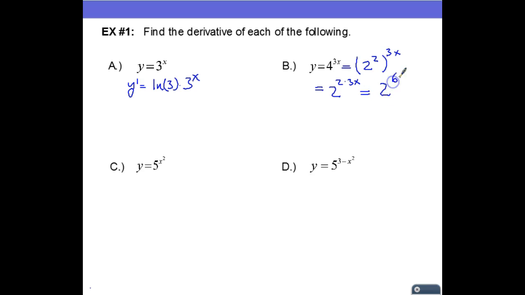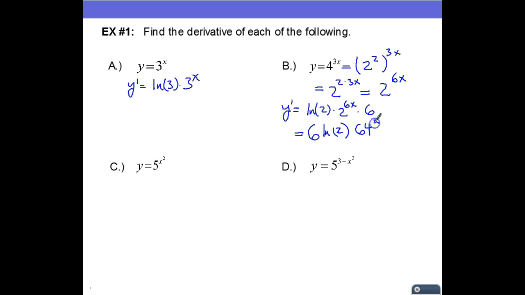and that is going to be 2 to the 6x. Now I can take the derivative y prime, and I see that my base here is 2, so I will do natural log of 2, and I'm going to multiply that by 2 to the 6x, so that was the original function. And now, via the chain rule, I need to multiply by the derivative of 6x, and 6x differentiates to become 6. And so then, finally, we are left with 6 times the natural log of 2 times 2 to the 6th power,